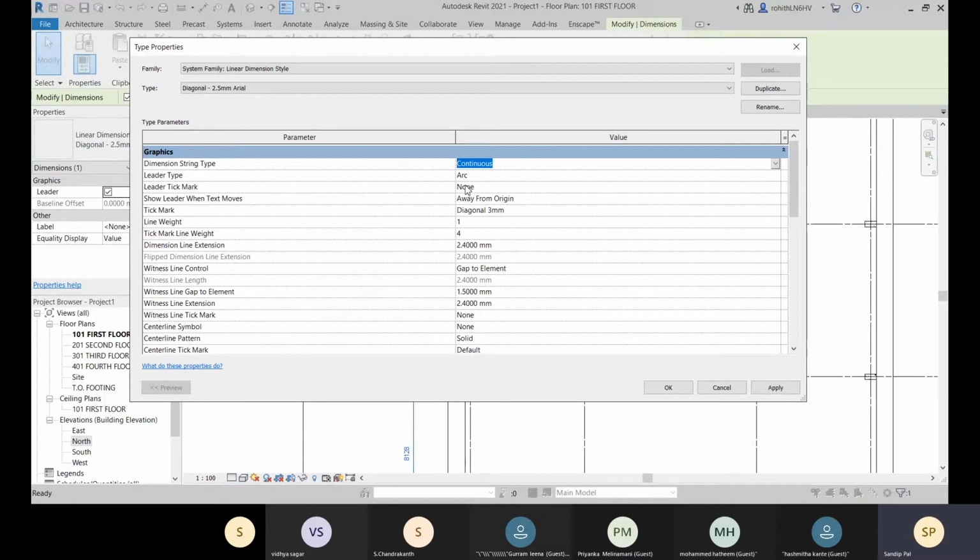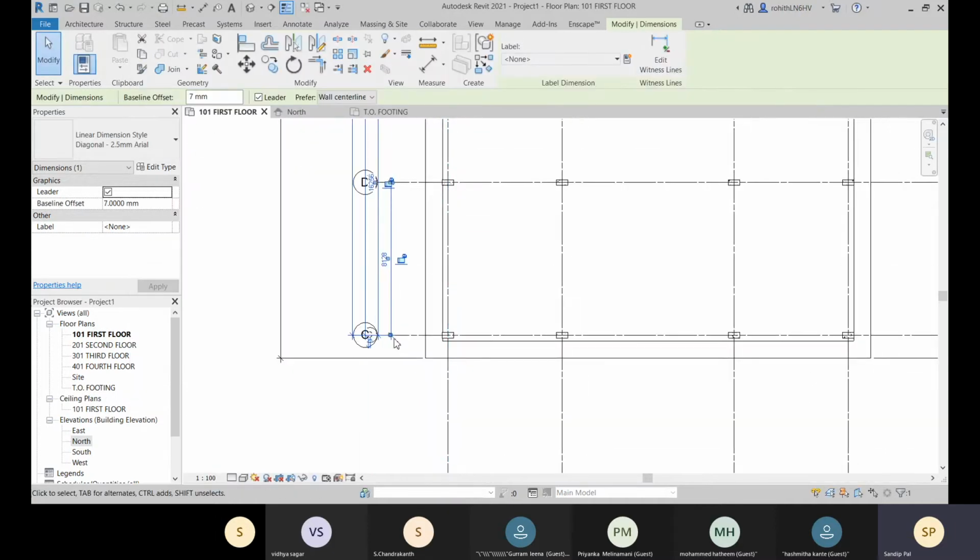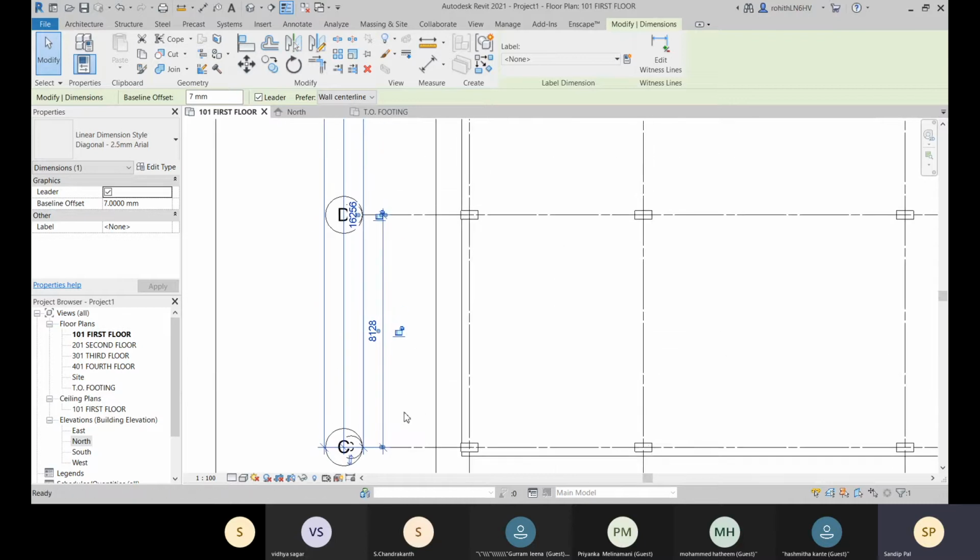And if you go for this baseline, there will be one base, and from that base all the dimensions will be counted. Okay, so let me go to this baseline and click on OK, and here you can see that this is the base for all the dimensions.